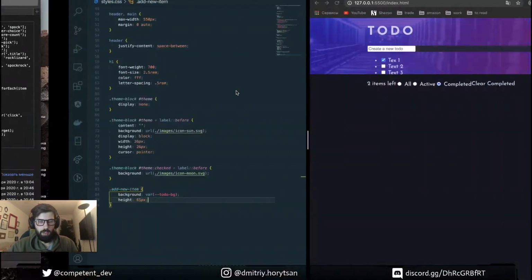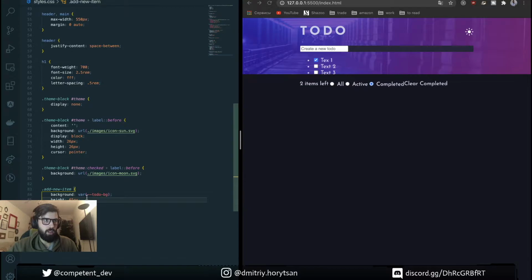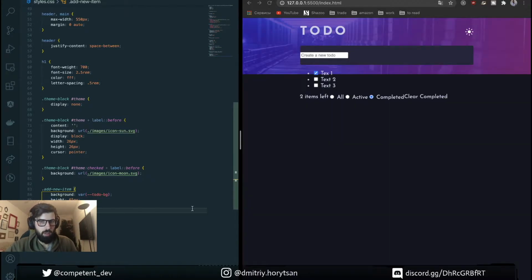It's also display flex. Border radius 5 pixels. Padding. What do we need here? Padding. Okay.